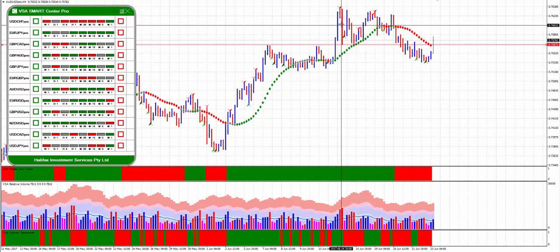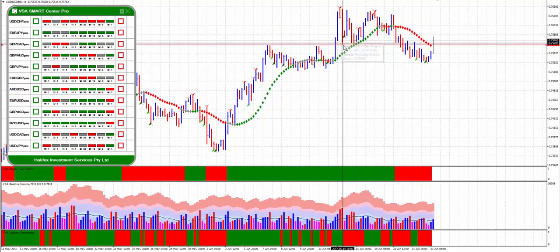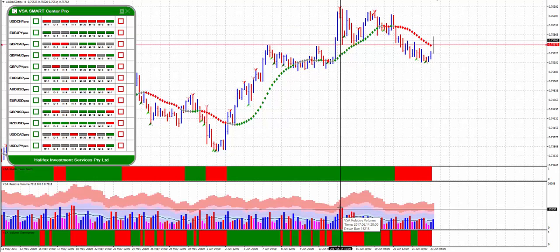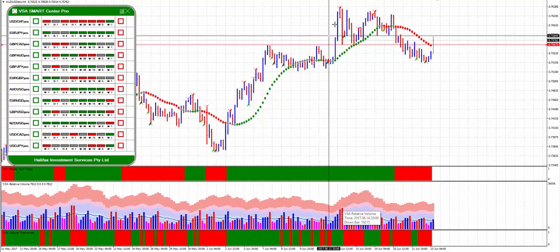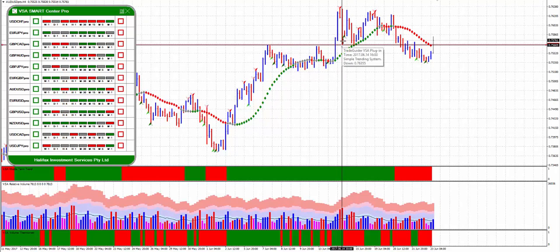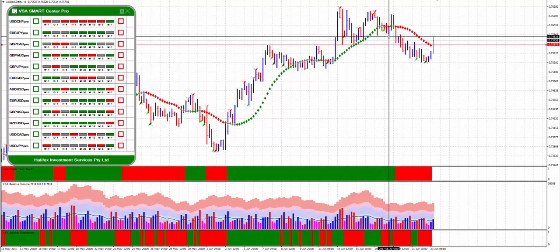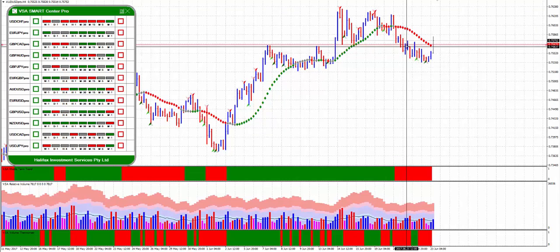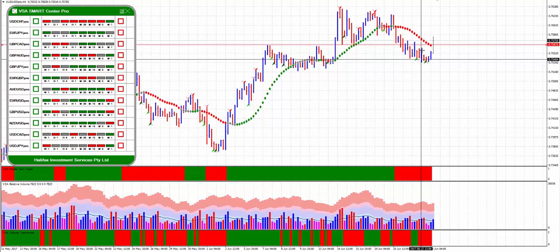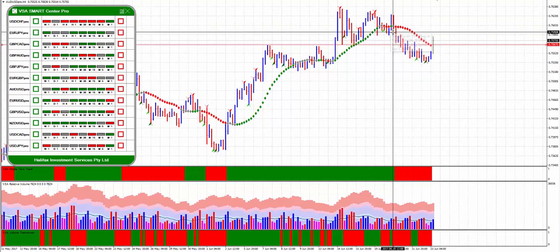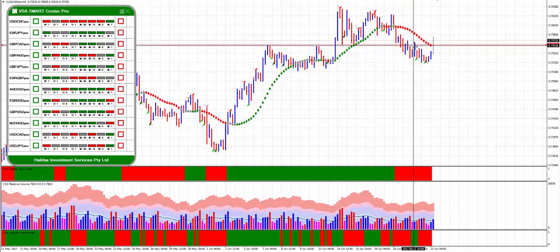75.67. Okay, so the reason why I've got this trigger point was because of this ultra high volume. Okay, it's very high to ultra high volume on this widespread down bar. Now we've seen price earlier this week break through our trigger point and did give us some trading opportunities. Now price is getting marked up, and as you can see, as price has been coming down, look at the